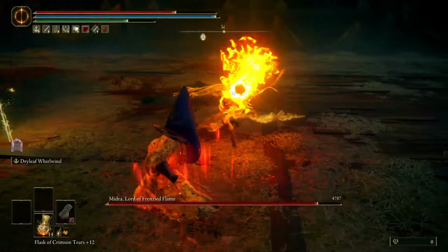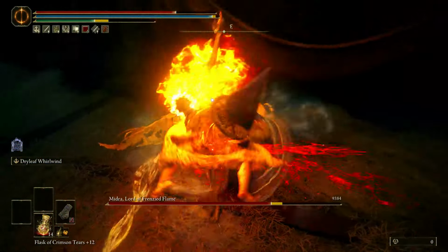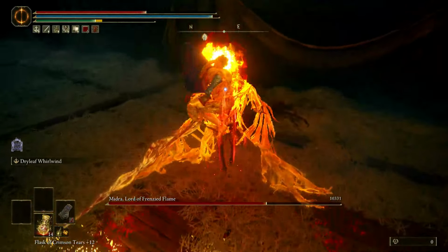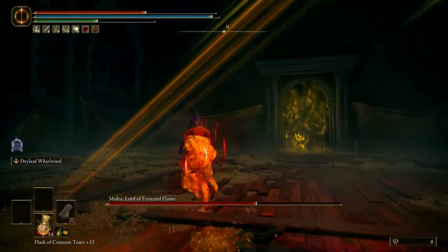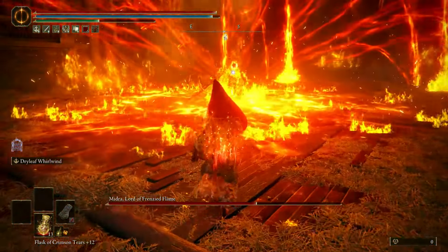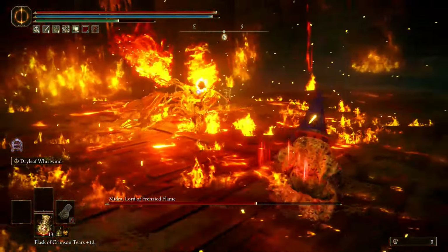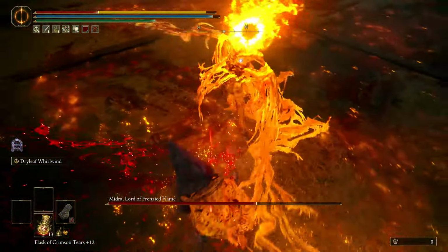So when he does that, when the flames jet out from the front, you want to actually roll forward in order to avoid it, because a lot of times I was trying to dodge right or left, but it was still hitting me. But in this first part of the fight, you can actually punish him for doing that right off the start. Just roll forward twice on him